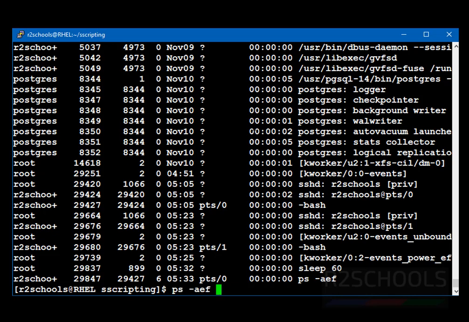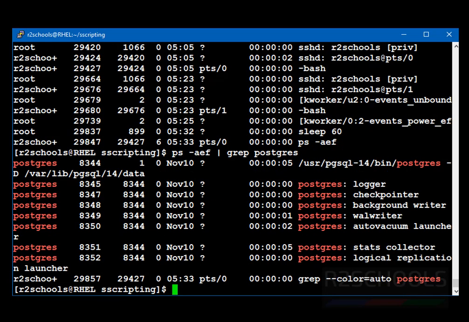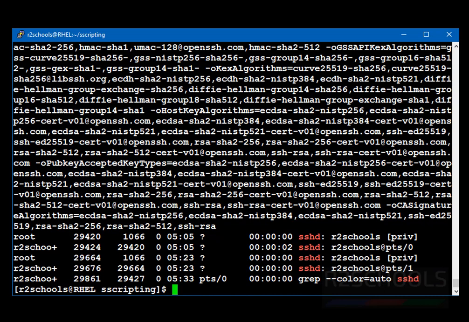Now I am going to filter with grep, then particular process information, that is Postgres. See, these are the process IDs running for this Postgres application. In the same way, if you have another application, use that also. If you want to check sshd, then replace Postgres with sshd. These are the processes running for the sshd application.